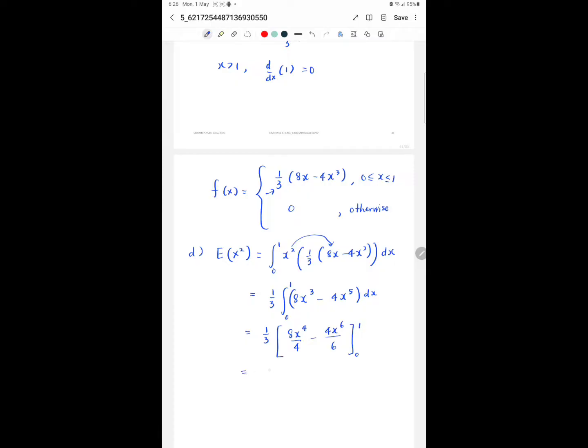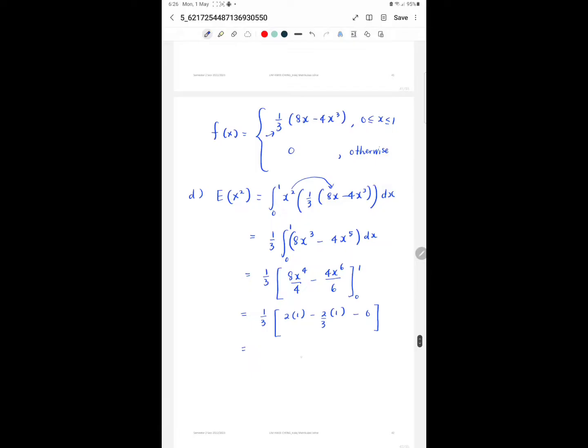Right, substitute the values. Simplify. Substituting 0 is still 0 there. So for E(X squared) we get 4 over 9. The formula for the variance of X is E(X squared) minus [E(X)] squared outside of the bracket. So substitute into the formula, minus 28 over 45 given in the question. Finally, we get 116 over 2025, or we can leave it in decimal,